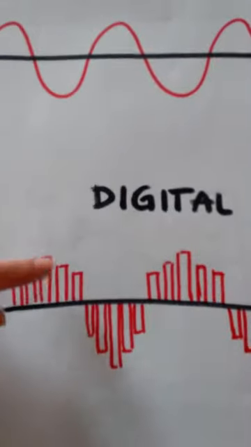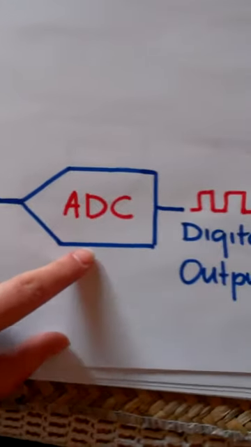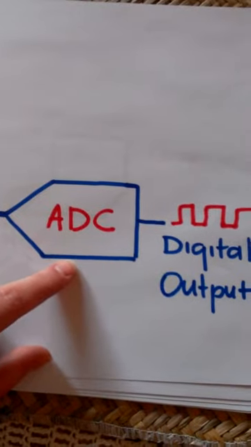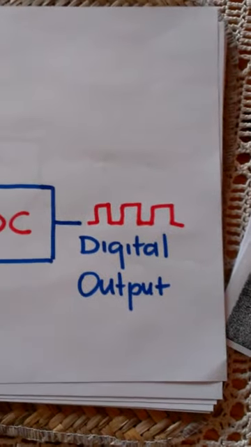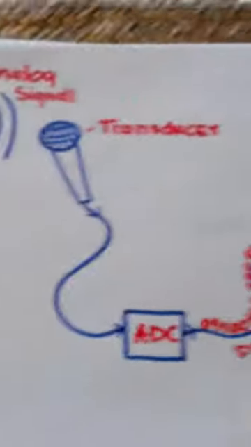So let's start from a simple graphic presentation which shows you how the analog and how the digital signal looks like. Okay, here we have the analog and digital signal, and it also looks like this: analog input, analog to digital conversion process, and digital output. And the other one,